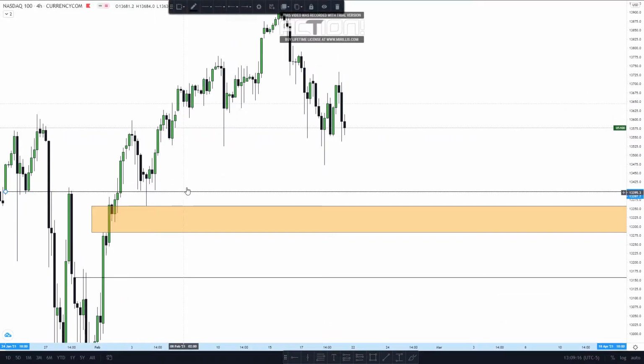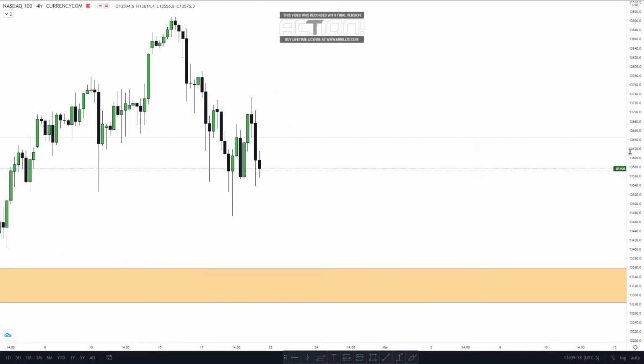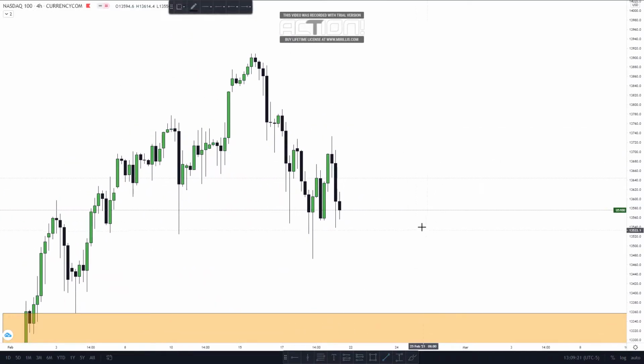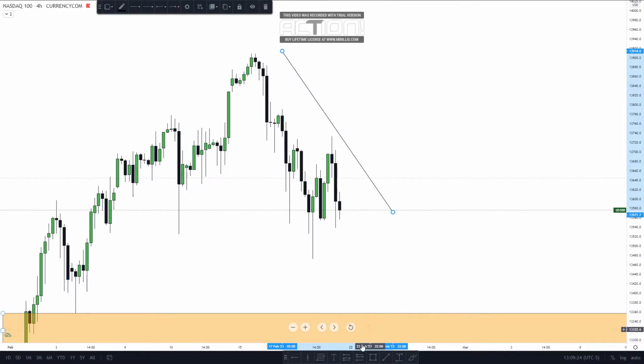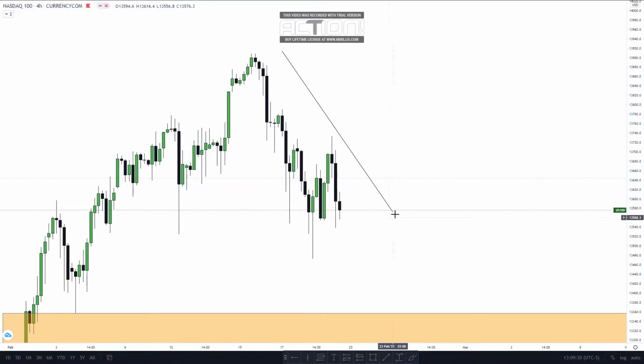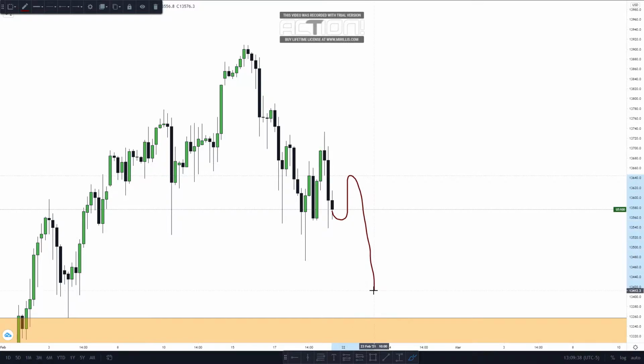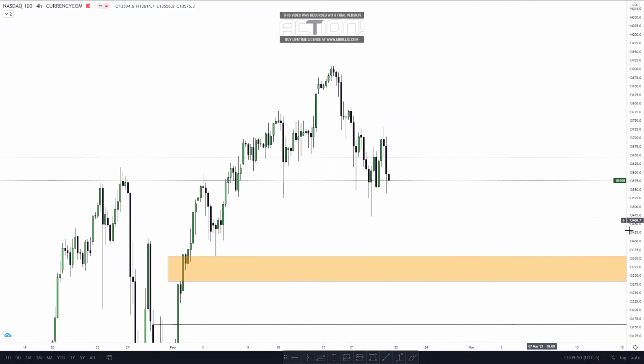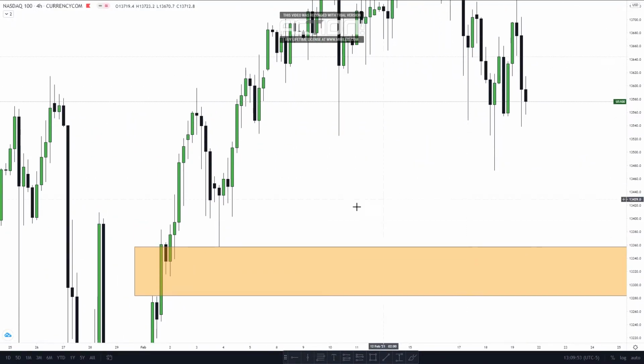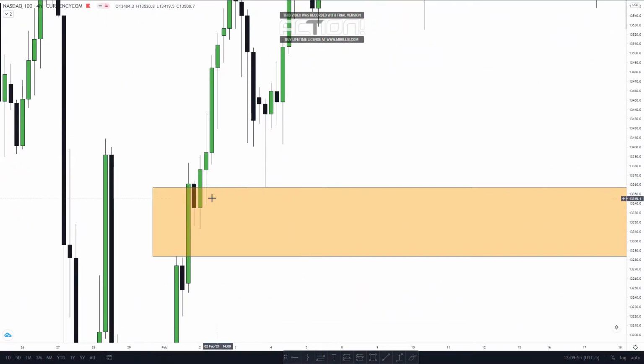So on the 4-hour, I'm just going to remove this weekly level right here. So yeah, on the 4-hour we can see that Nasdaq is still in a downtrend. Right, however, we could look for possible sells. Price pushes up and then we take our profits at the zone where we'll be looking for buys. All right,